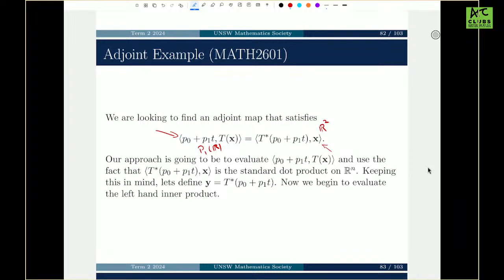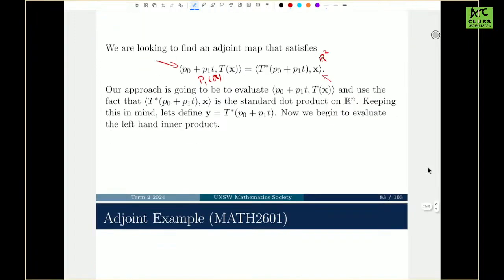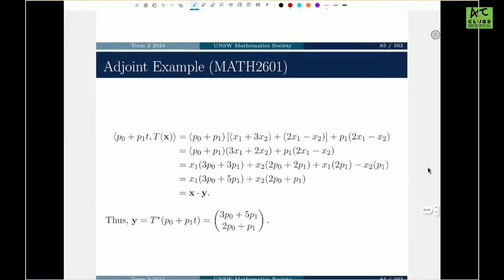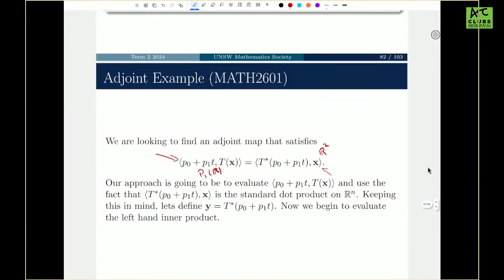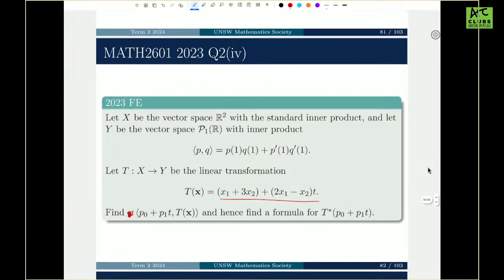So we're going to evaluate the inner product of P0 plus P1T and T of X, and then use the fact that the inner product on the right-hand side is just the standard dot product on Rn. We want to keep this in mind, and let's just say that Y is T star of P0 plus P1 of T. Now we're going to evaluate the left-hand inner product using the definition of what that inner product is, which is just this here. We sub in some things,